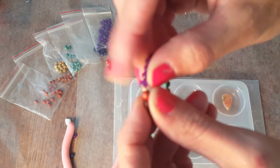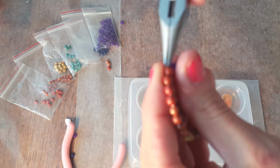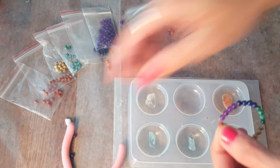So what I'll do, I'll show you. This is a good example to show anyway, is just take my tool and I'll take one, I think I'm going to have to,